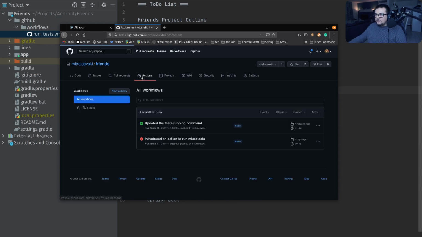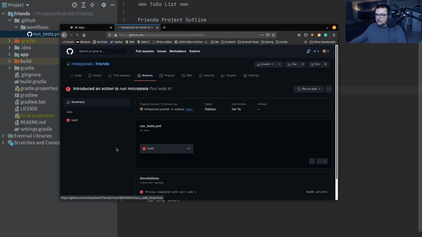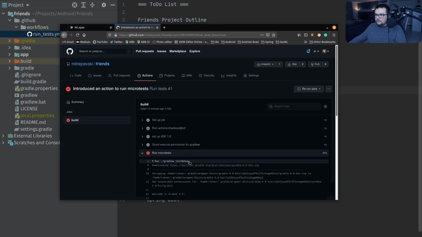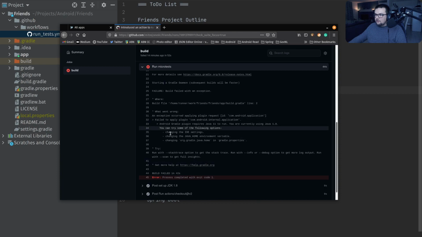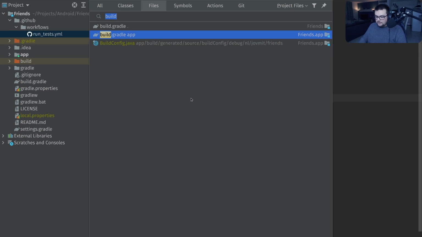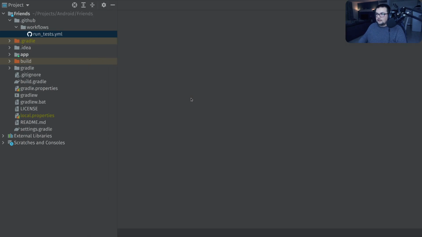So last time we had problems with the tests running script, and basically I took a closer look at the problem and I realized that the error was saying that the Android Gradle plugin required Java 11, but I was using Java 8. So what I've done in the script that is running the tests,